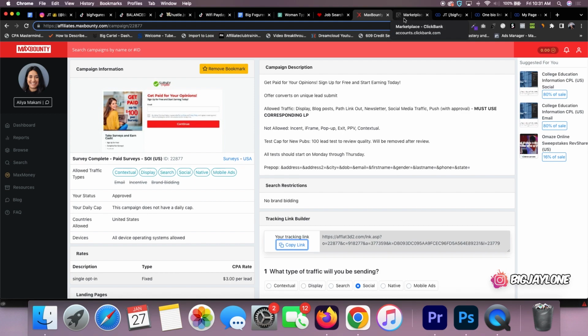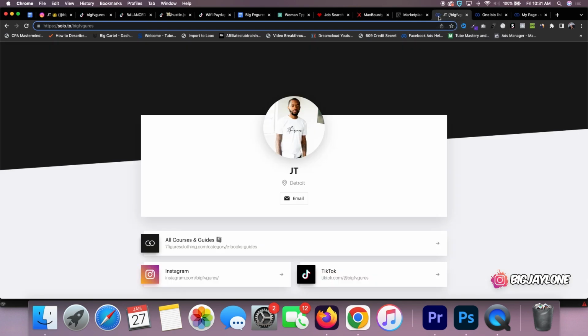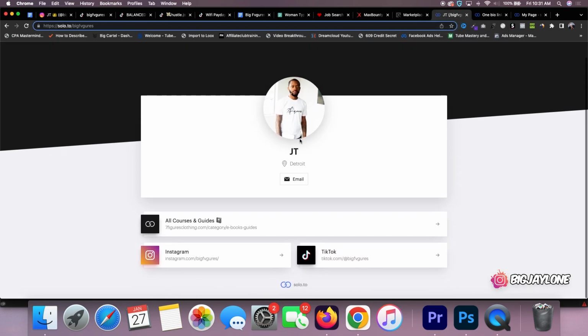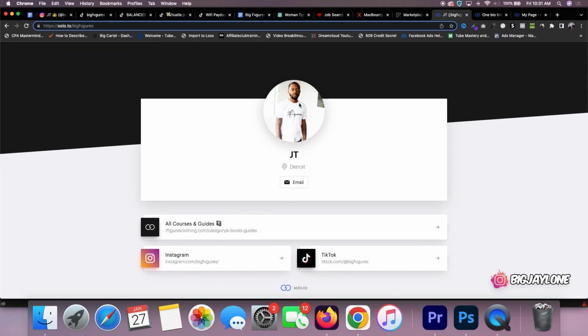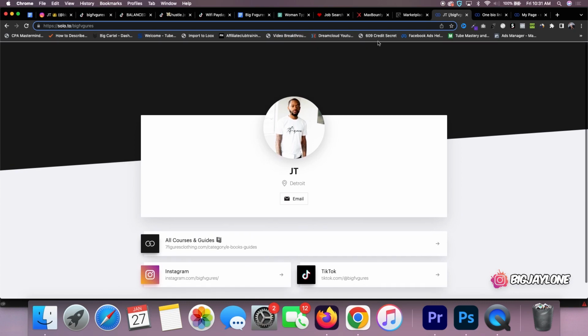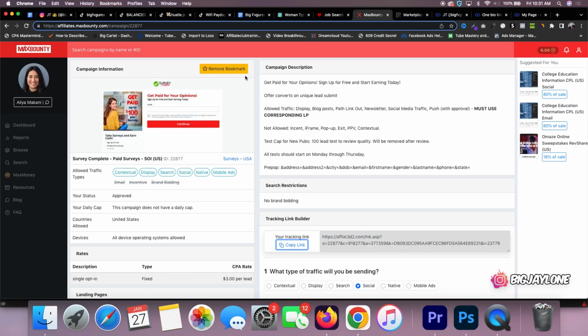Boom. Now you can go put this either in your landing page funnel, or you can do the link tree style, where I know a lot of y'all came to people's websites and it looked like this, where they got their picture and then they got a bunch of links. You can do this for free. I'll show you how to set that up in a second. But yeah, you can copy your link from MaxBounty, or if you want to go the ClickBank route, go to